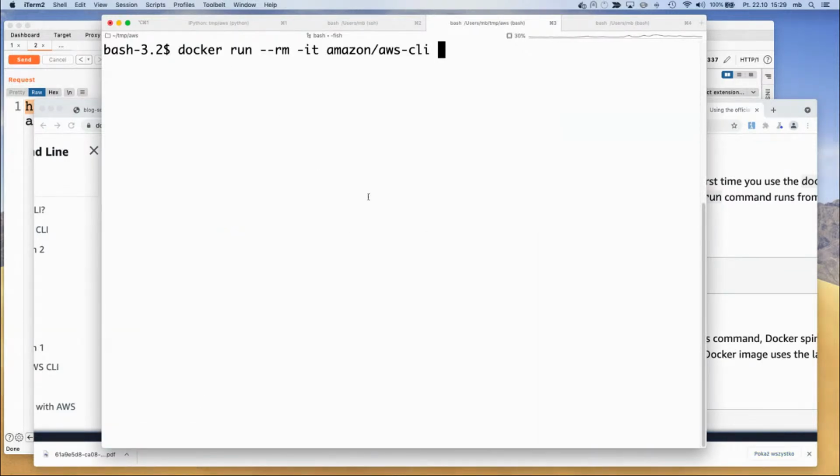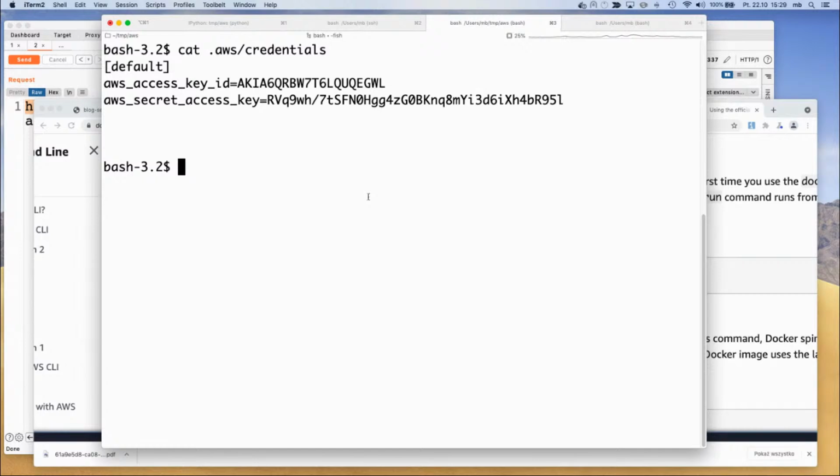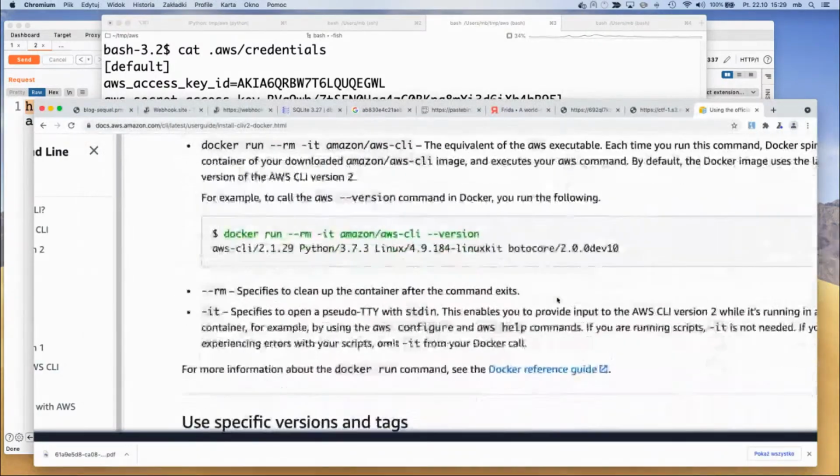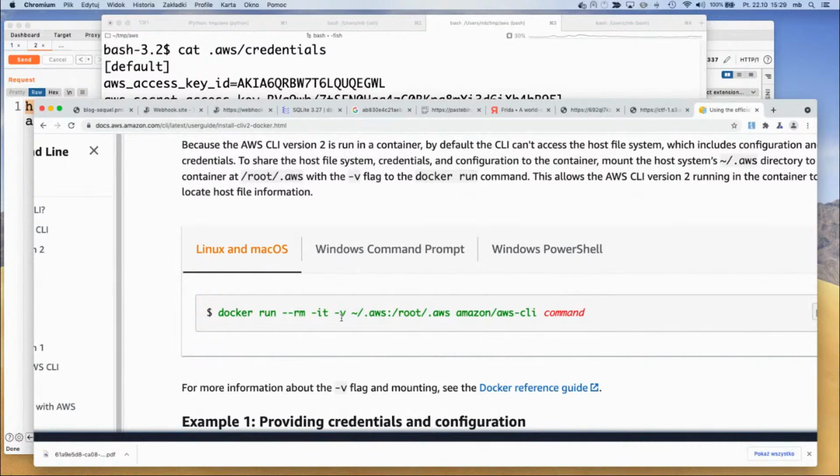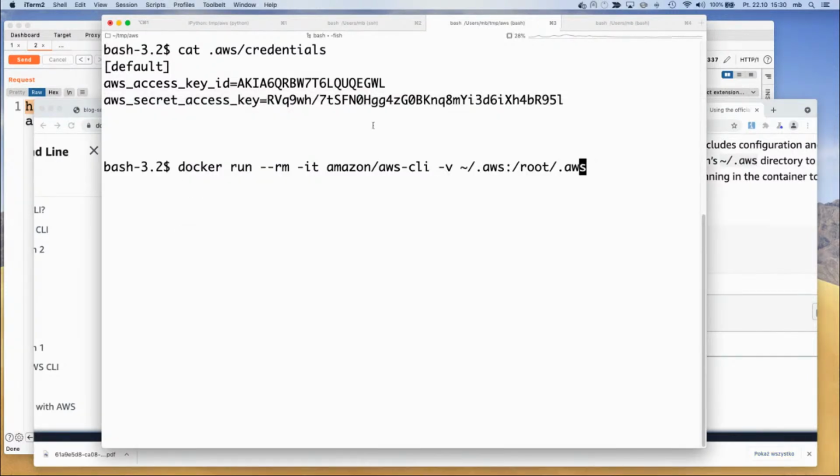And I need to do one more thing. Maybe I will just run it. I have the AWS credentials file in here with some account on AWS. So this application, this command line interface will use these credentials. And I need to use a volume with the credentials. I wanted to check the exact parameters, so I need to pass the current directory, and